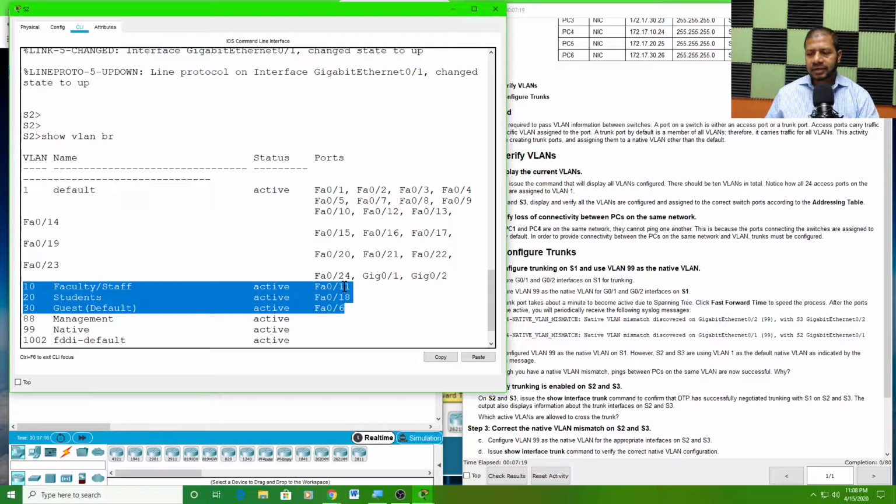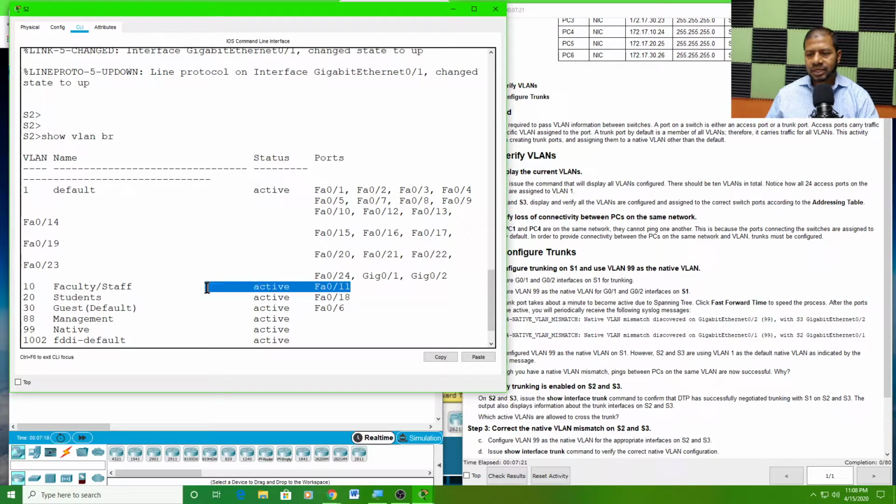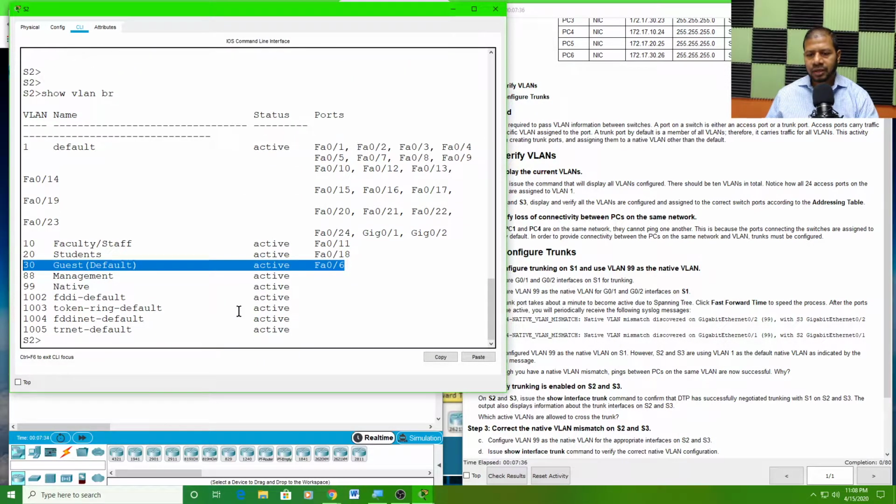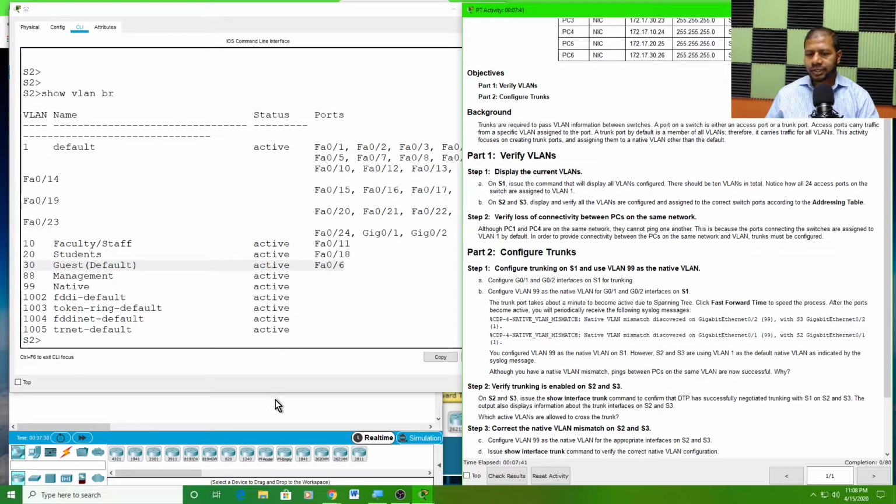Port number 11, FastEthernet 11, has been assigned to VLAN 10. Port number 18 to VLAN 20. Port number 6 to VLAN 30. Interesting. So already VLANs have been created and ports have been assigned, but no trunk port has been done here yet as well. Okay, let's go to the S3